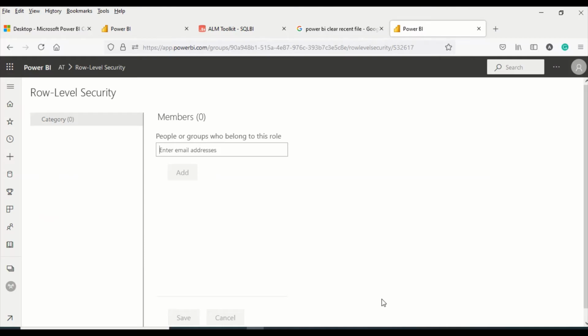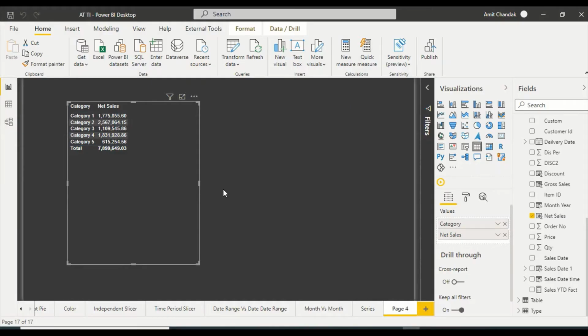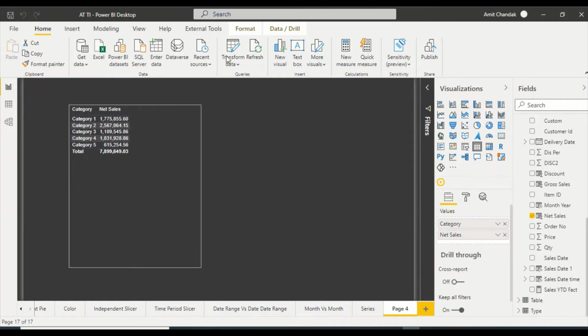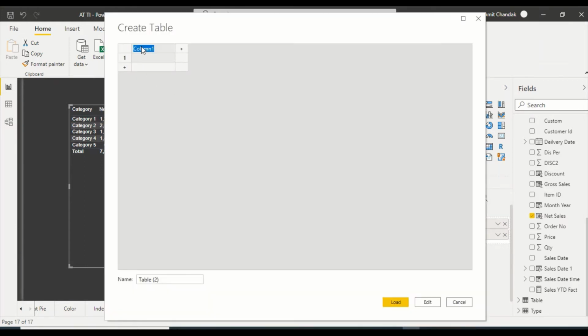So I can use those things out here to give access to the other users on this particular security role. Now let's jump back to Power BI Desktop. So what I'm going to do is, let me add a table where I want to give this security to certain email IDs. Right now I don't have email IDs, means when I log in, I have an email ID there in Power BI service. Even if I don't want to use our email ID, so right now instead of email ID, just for testing, I'll use certain names. Those names need to be email IDs, so that the user principal name or username you can use to get it.